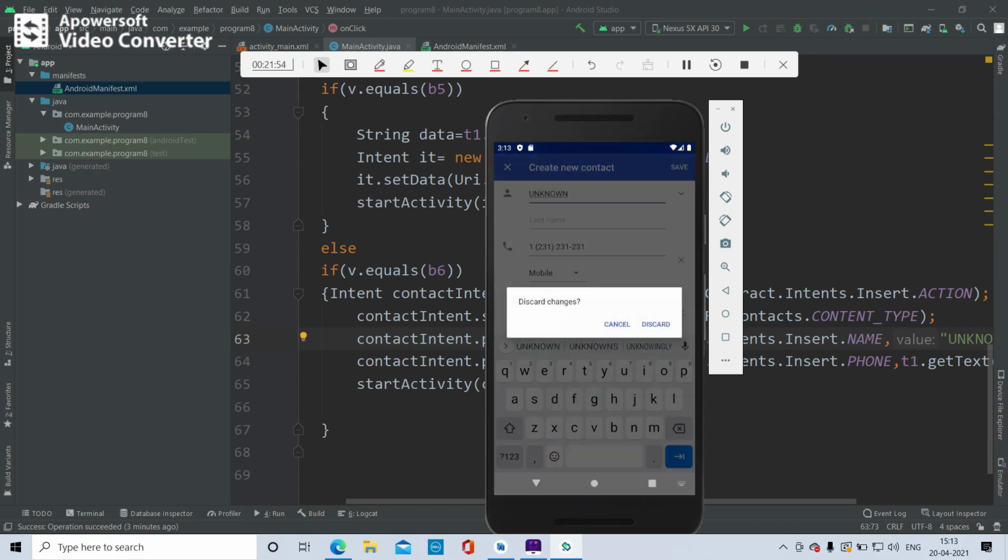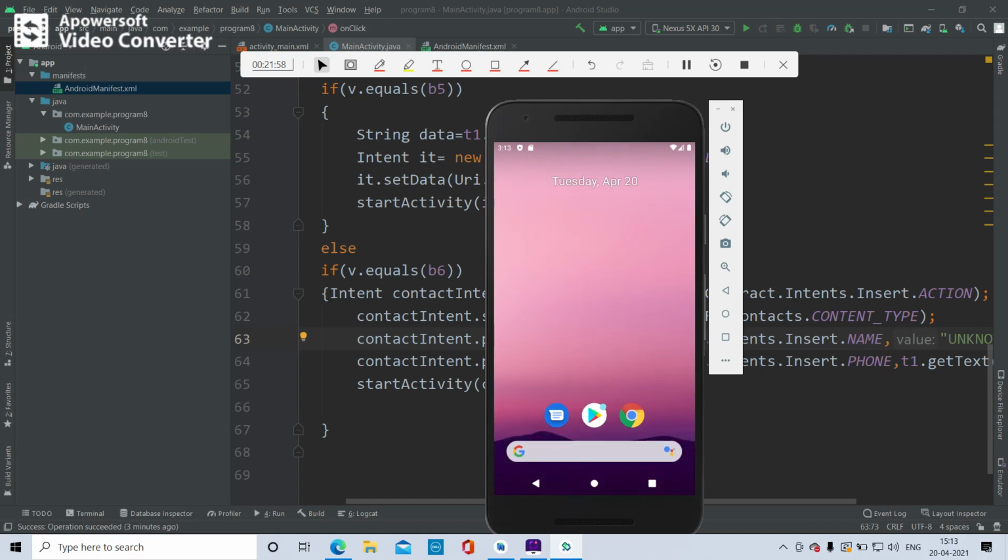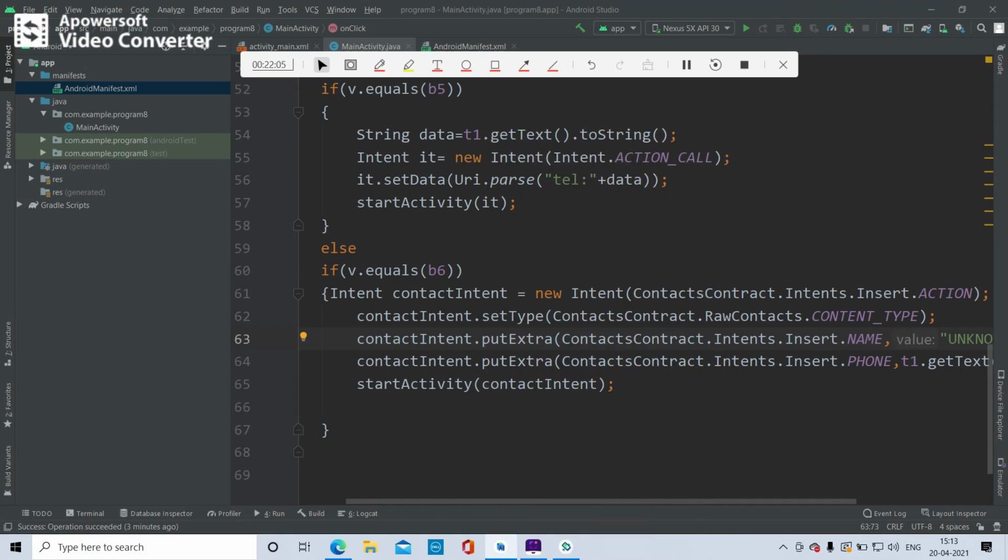You can remove this create contact, you can discard changes. In this way this app works. You can see here the new contacts will be created by using Contacts.Intents.Insert, by putting the contact name and telephone number.